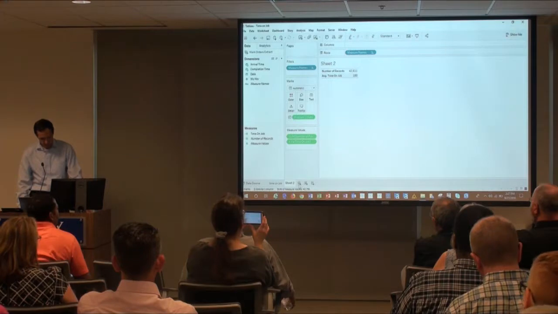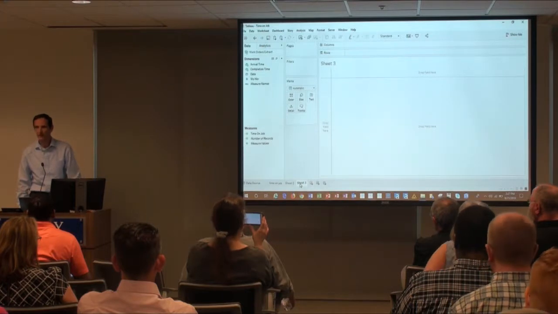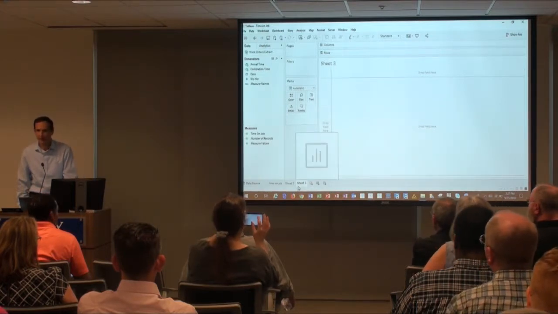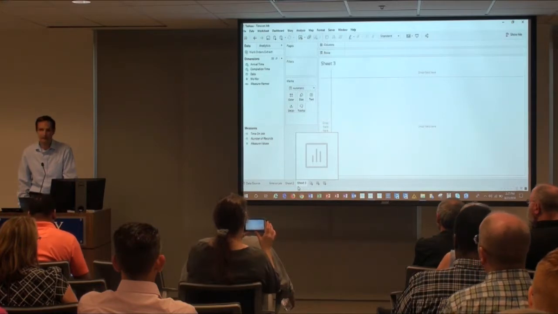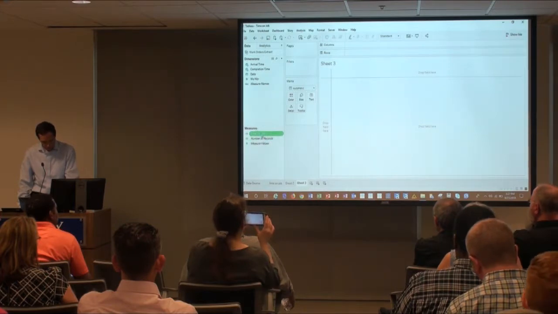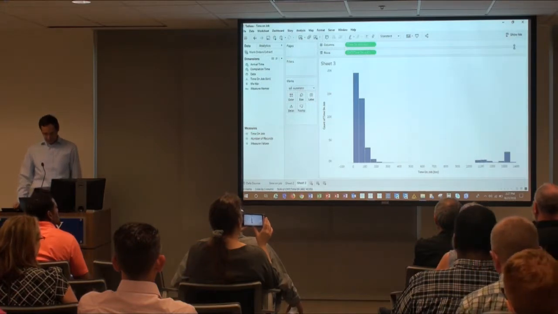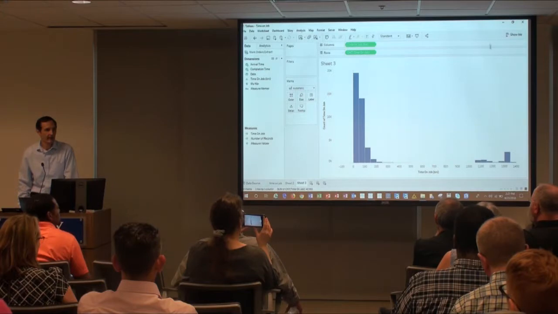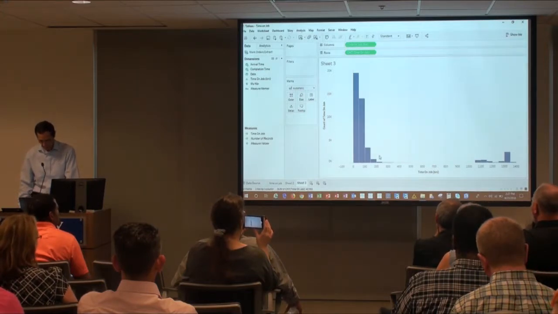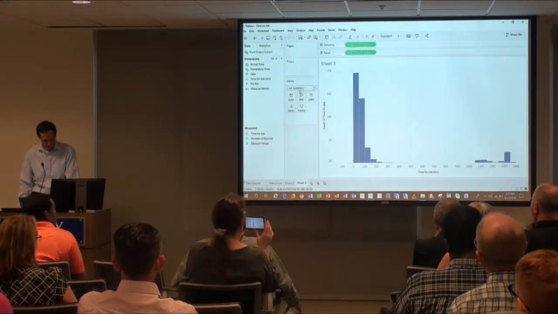One way we can do that is to look at the distribution, because we haven't really looked at what these time on jobs look like yet. All we know is that the average across the entire population is 180. There are lots of different ways to do everything in Tableau, of course, but I'm going to select time on job and let Tableau do some work for me. Go to Show Me, do the histogram. So I already noticed something here, because I've got some values down low, then nothing, and then some values that are up high. So I'm not really sure what's going on here.